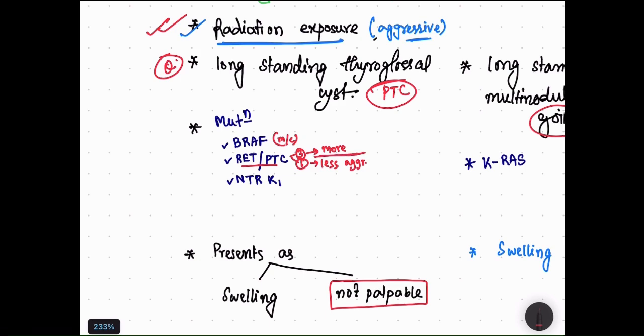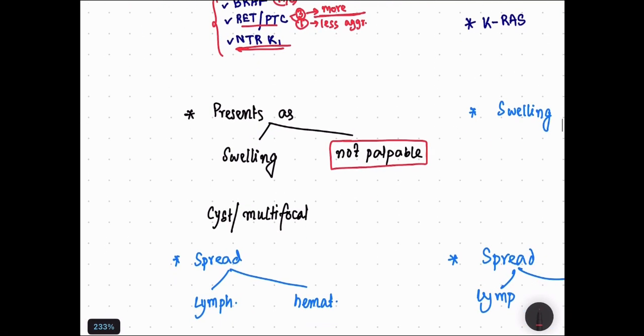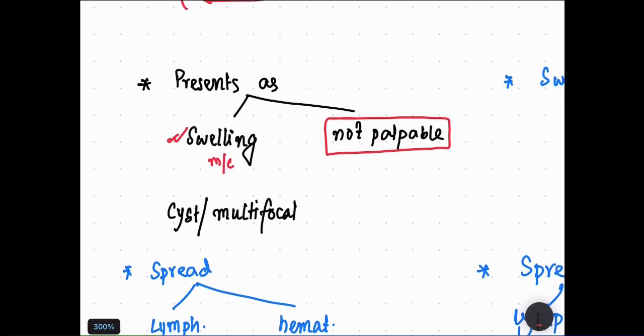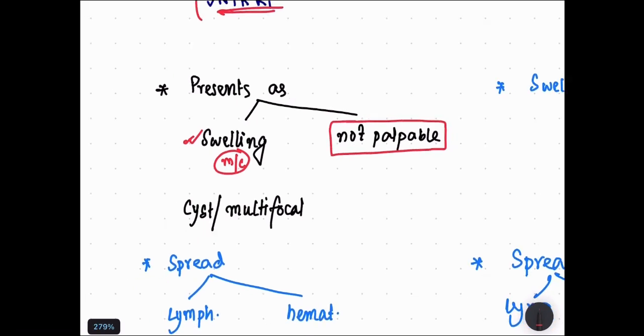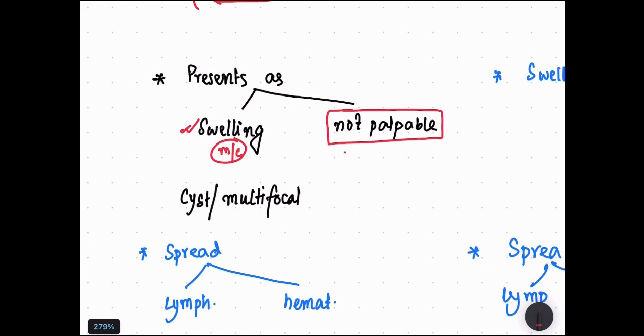Understood? Another one is NTRK1. So you can remember these are the mutations that can happen. Coming to how the patient will present to us, swelling is the most common presenting symptom. But many times what happens, there is something known as